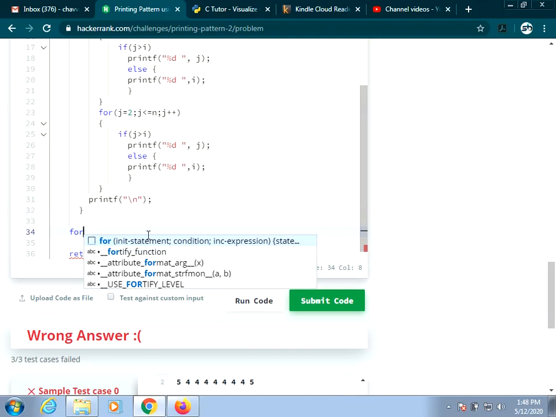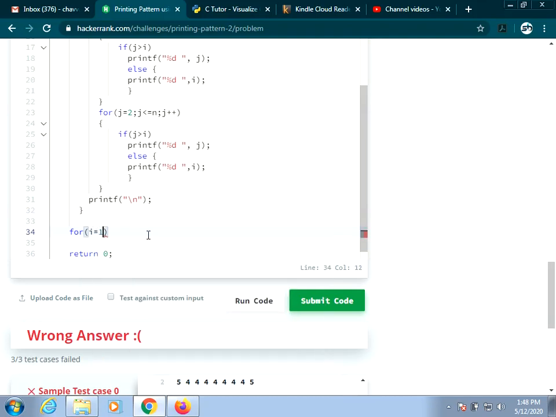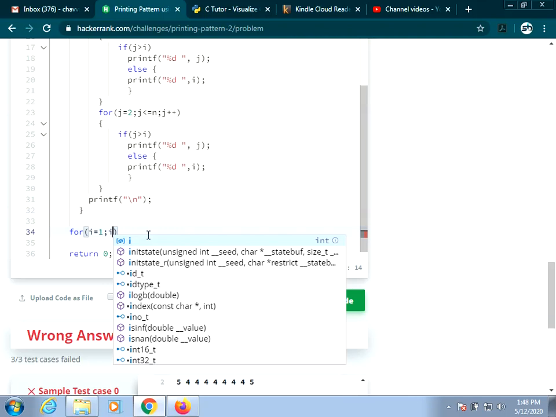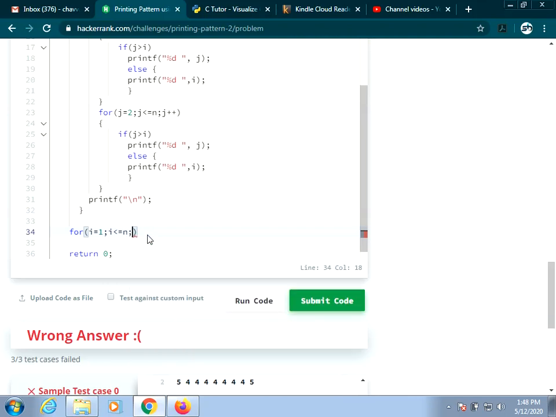So the second part: for I equals 1, I less than or equal to n, I plus plus.